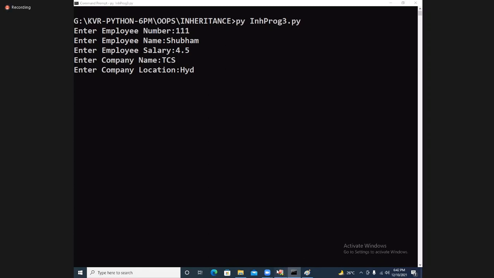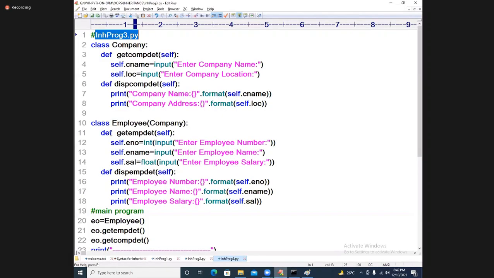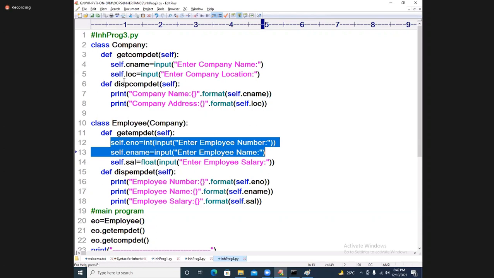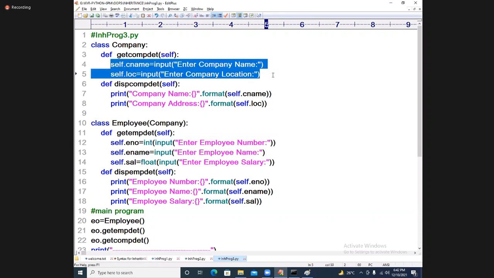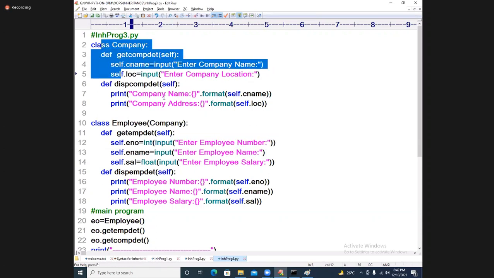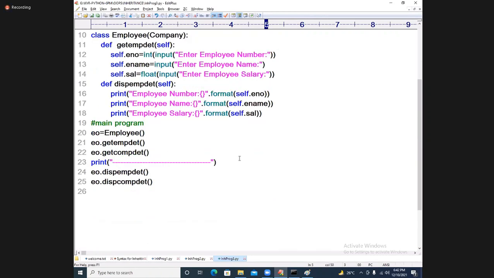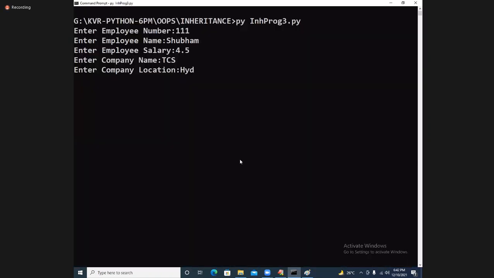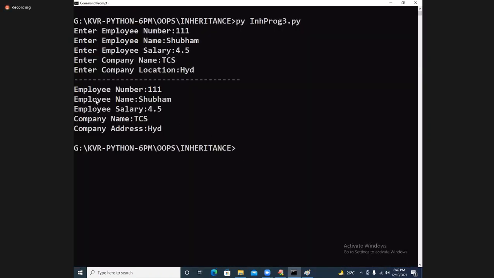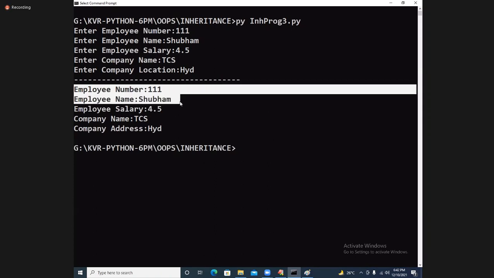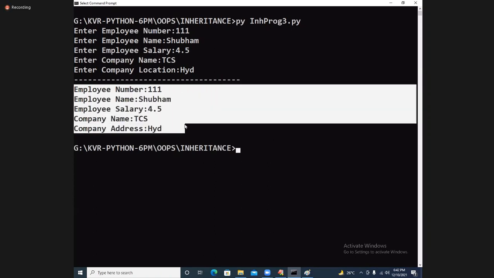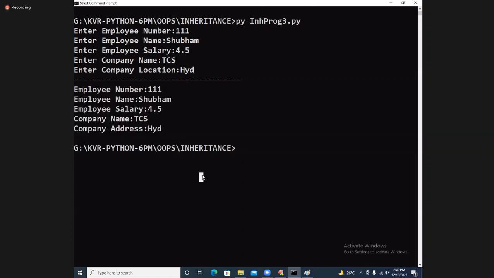Actually, get employee details will give you these details only, plus I'm getting the function which was already developed in my base class. My team leader has developed this class. I am using his definition as it is in this place. Very perfect. Now press the enter key, and whose details are completely coming. See that? Employee number, employee name, salary, company name, address.